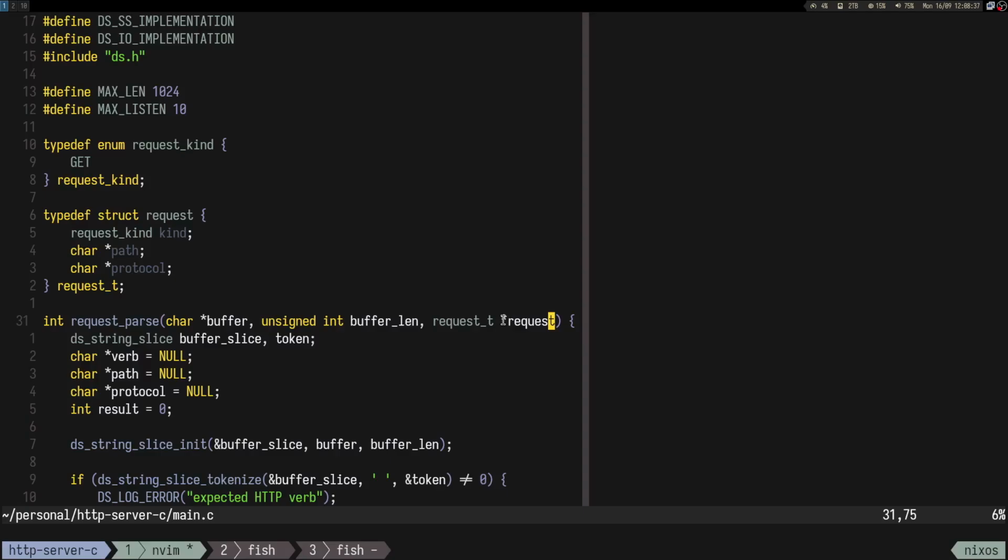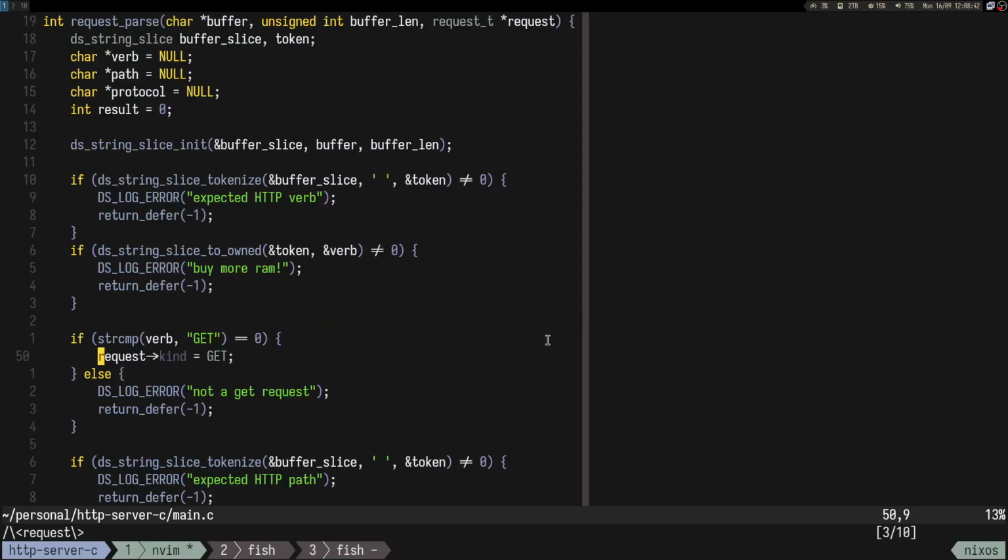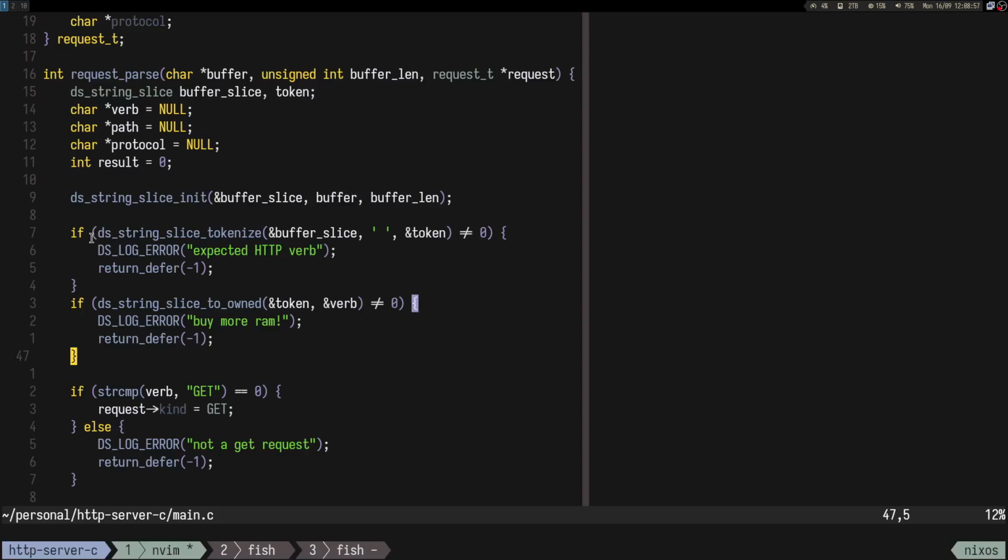So it's like, well, we imagine that it's already allocated, we don't have to do anything for it. So whenever we use it, we just fill in the fields. So here we fill in the kind. If the verb is a GET, we make it a GET request, right? And to make this parsing work, this is the easiest way of doing it. We don't do any lexing or complicated stuff. We just split by space, because we know